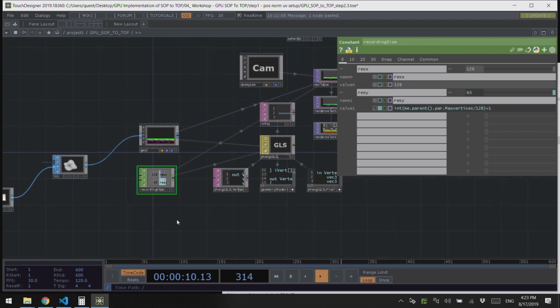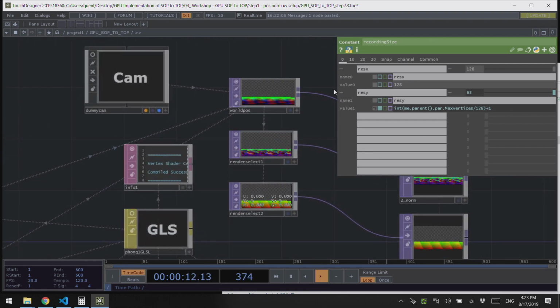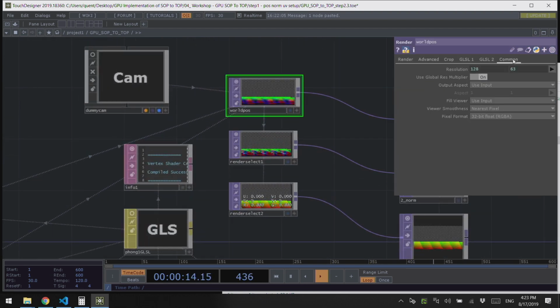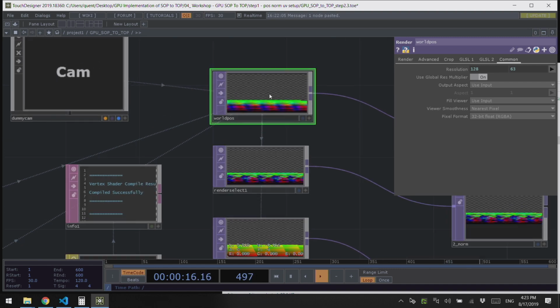Remember the actual resolution. The resolution of my render represents the maximum number of positions I can store. So I can make it bigger, smaller. I don't want to be overkill and render like a 4K if I'm just going to use a bunch of